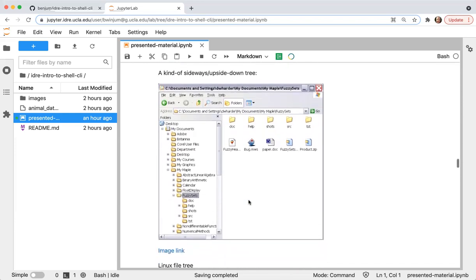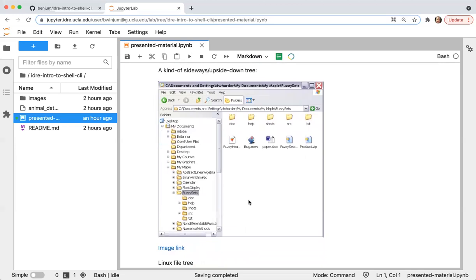As we start getting closer to the command line interface, this is a picture of the graphical user interface of that file hierarchy. This is from Windows, so it has the C drive. But there's this whole hierarchy of folders that you open up.